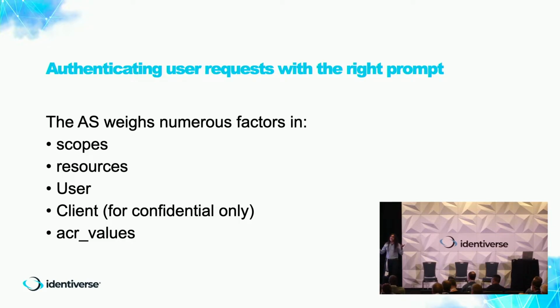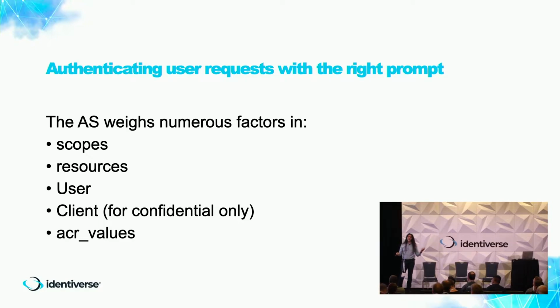The identity of a client is controversial, mostly because a lot of the clients we have really aren't proving their own identity when they are asking for a token. All the public clients have no way of proving their identity. So please, please, please do not use the identity of a client for determining authorization policies, unless in some rare cases, if you're doing confidential clients, in which the client can actually prove its identity, then occasionally allowed, but proceed with caution. The important one, one of the important ones, is that last one, ACR values.